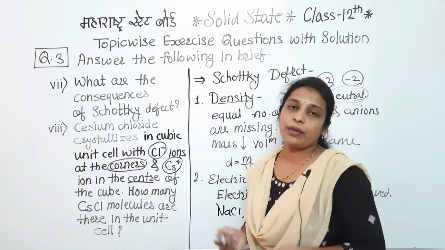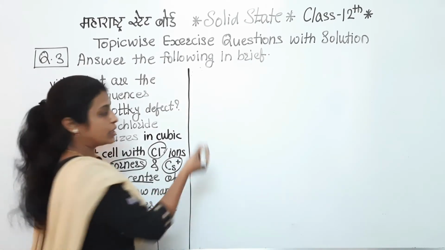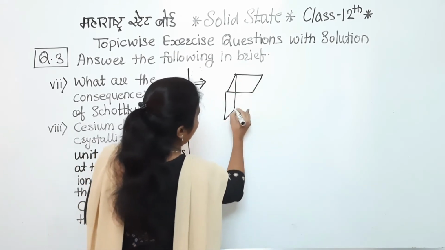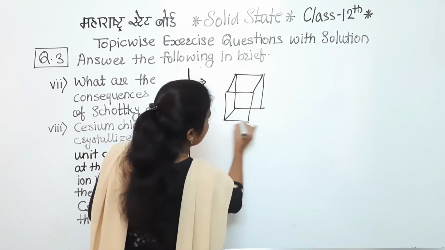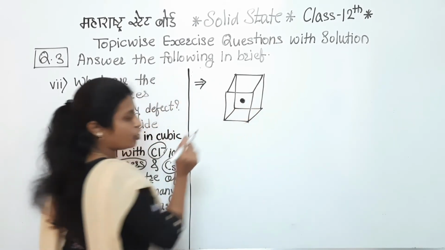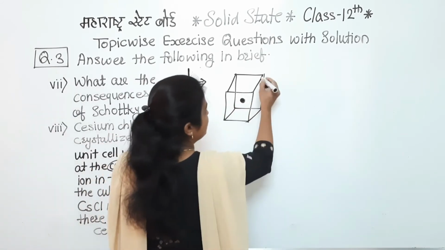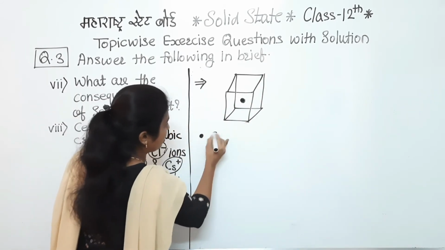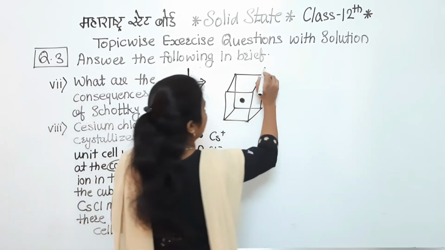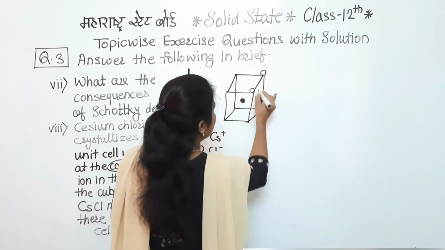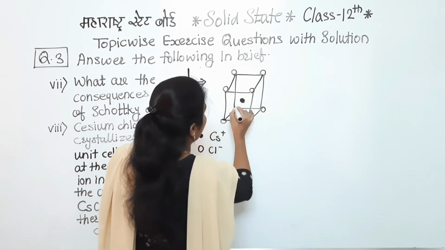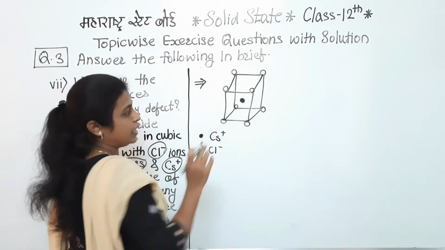How many cesium chloride molecules will be there? In this second question, as we have discussed, firstly we have to draw the cube. So this is the cube. In that we have to show Cl minus as well as cesium plus. Cesium plus will be at the center. This is the cesium; for cesium I am using this one, and for Cl minus I am showing this empty circle. So this is the one, second, third, fourth, fifth, sixth, seventh, eighth. Okay, these are the 8 Cl minus.